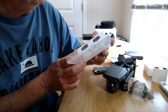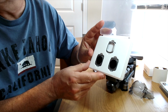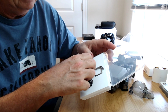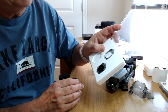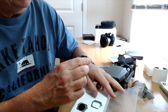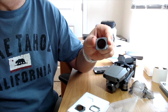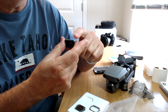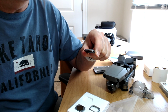So let's see here. What we have here is 2 others. This is the ND8 here, and this is the ND16. And I'll pull one out here. They have this kind of foam-type material here, so it's soft, protective, and they stick in there really well. So again, I always have a focusing problem, but here's the filter. It has these sides here, where they're kind of jagged, so it makes it easy to grab